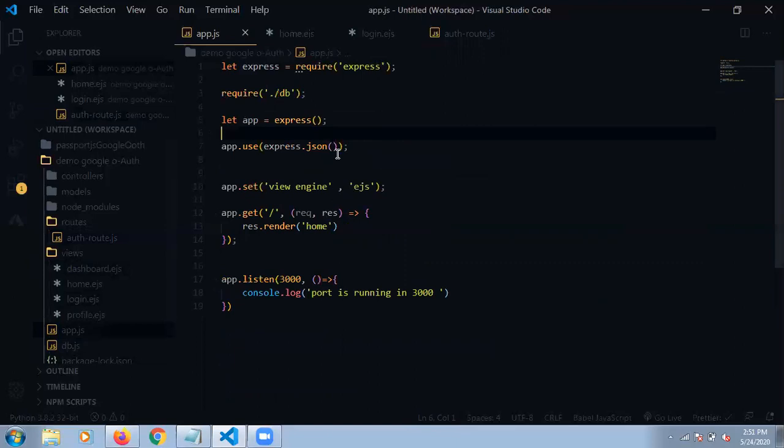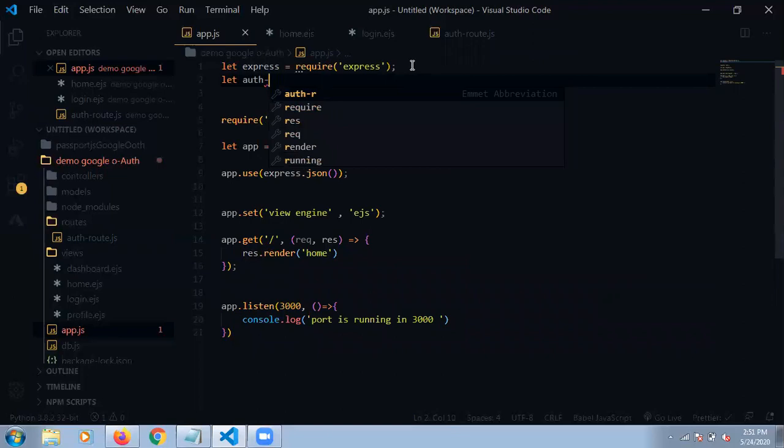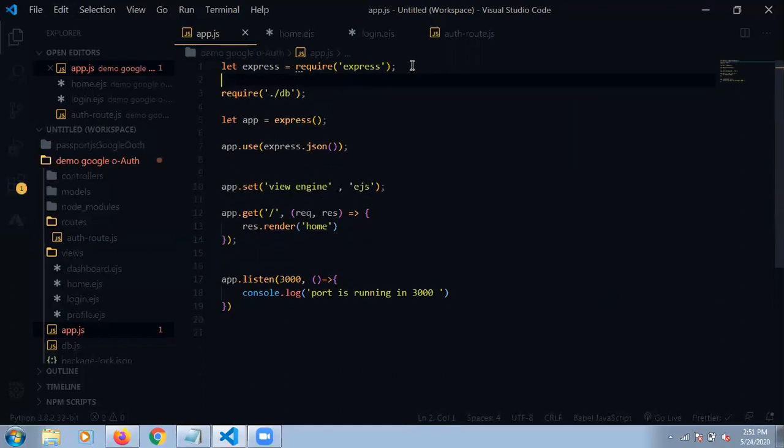So I'm going to app.js again. Since we are making a route, we have to require that route here. So let authRoute is equal to require.